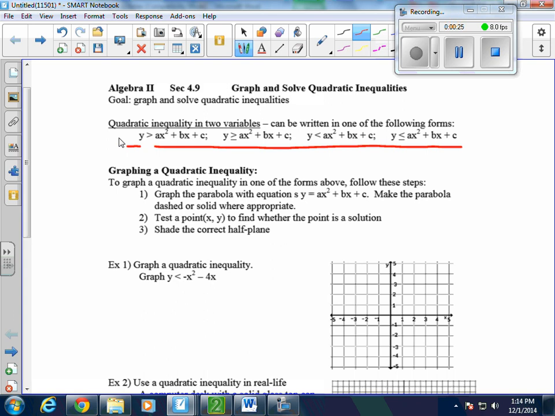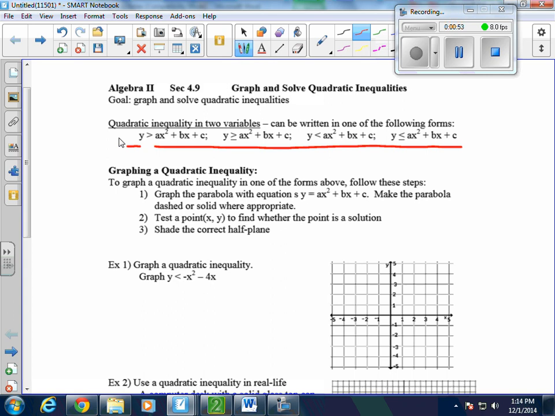Now we're going to graph these just like we graphed our linear inequalities before, and we're always going to have a shaded area. So our goal to graph these quadratic inequalities is, step one, graph the parabola just like we did in the past. If it's in vertex form, use the vertex. If it's in intercept form, use the intercepts. If it's in standard form, use negative b over 2a to find the vertex and the axis of symmetry